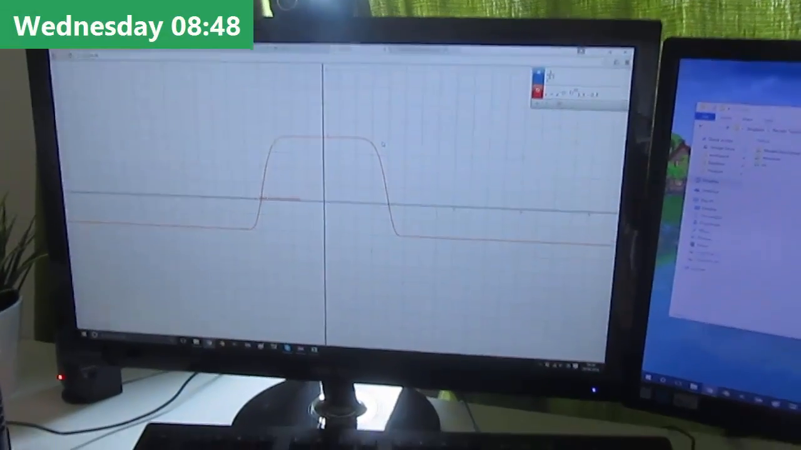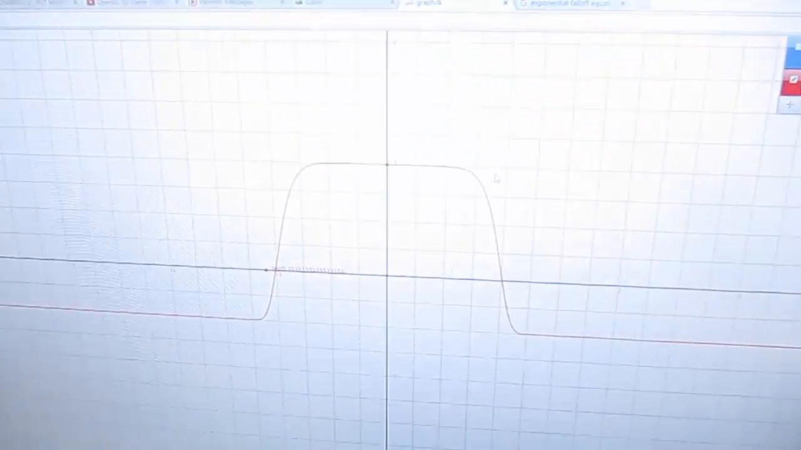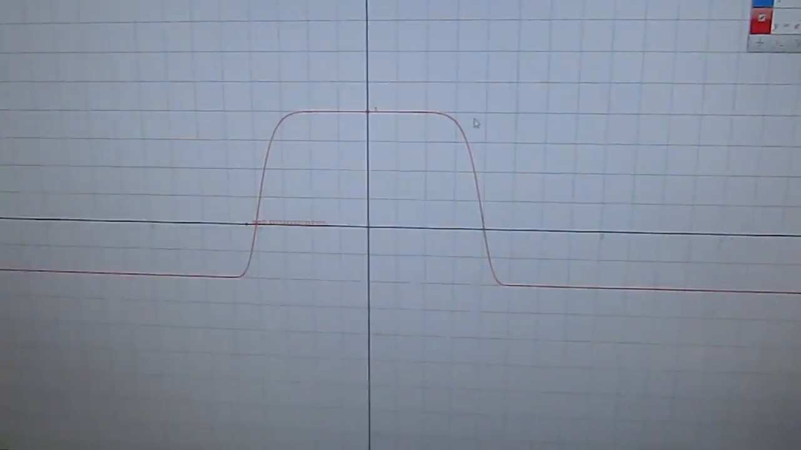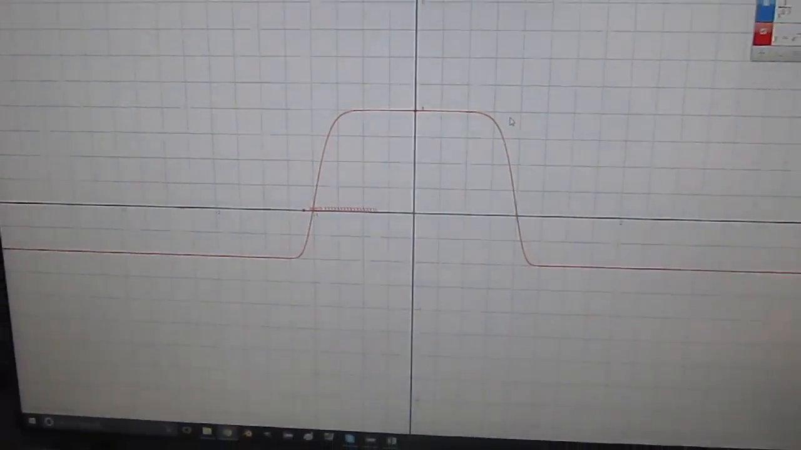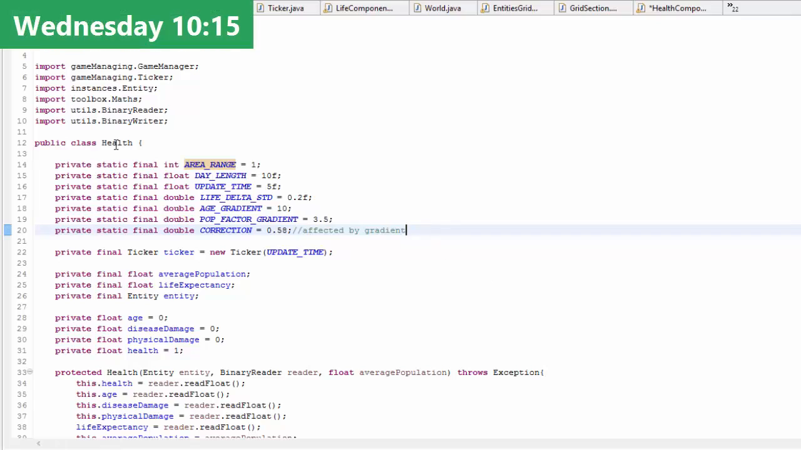So to start off the week, I've been doing a little bit of maths, and I'm currently trying to work out how the age of an entity and its health should relate to each other, so how the health will decrease as the entity gets older, and I'm currently testing a few formulas out using this very nice website called graph.tk. So I'm now just working in the health component, and I've been implementing all of the health calculations into